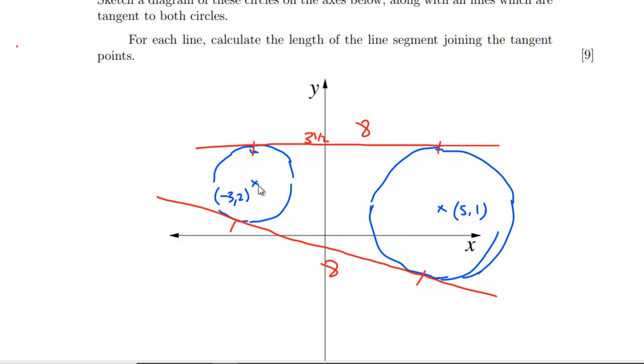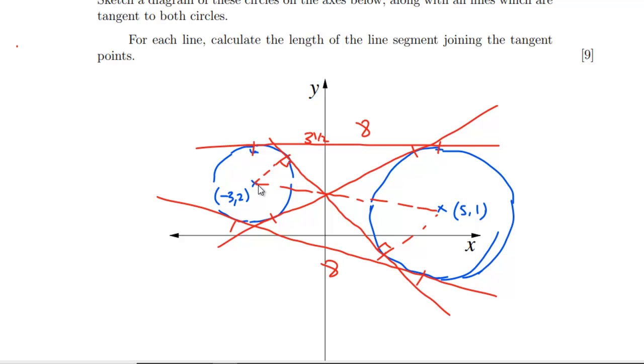But then we've got these interior ones. So say we were doing that line, just going from there to there. And then we'll have the same on the other side. This is a really difficult direction to draw a line in on this screen. So we can see these are shorter. So how are we going to go about doing these? We've got our right angles there, and we can draw, well, the line of centers is going to help. So we've got these triangles kicking around. We can work out